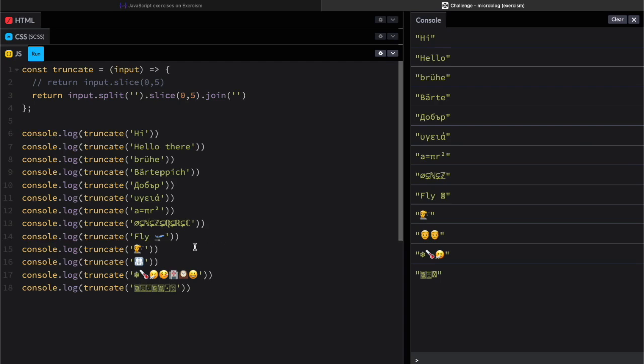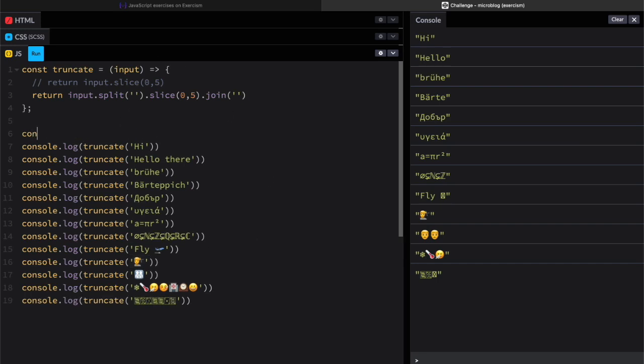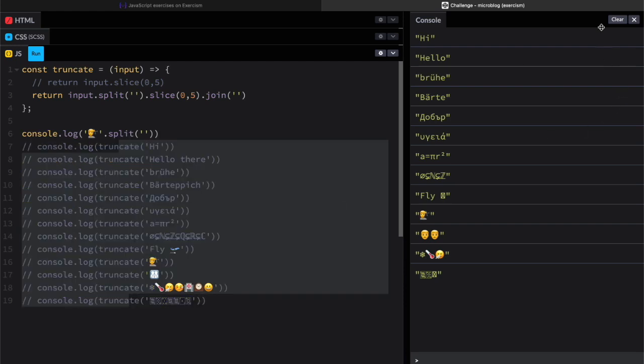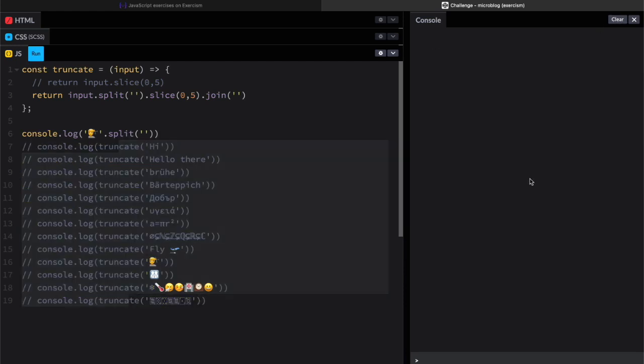But in order to understand this, I want to grab this character here, okay? This haircutting one. And I want to take a quick look at it. Here we go. I have that. In fact, I'm going to split it. Okay, split just like this. And on empty characters. If this was going to work, I should just get that character back, right? It should be an array of one thing. The haircutting emoji. Get rid of these for a second. Run it, and we get,